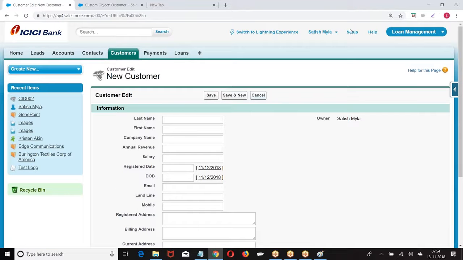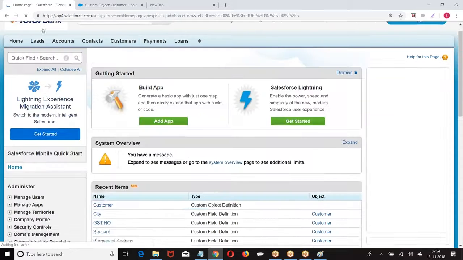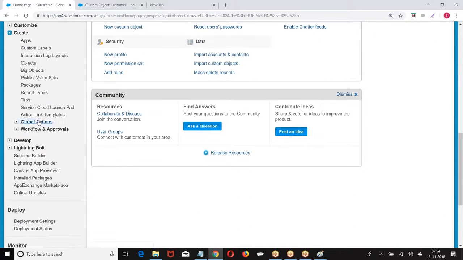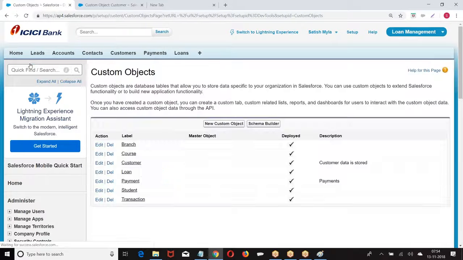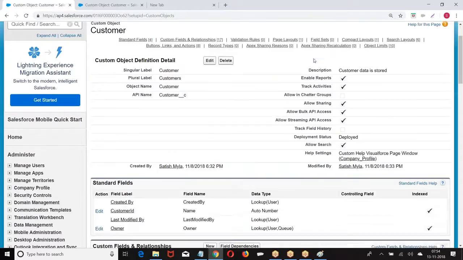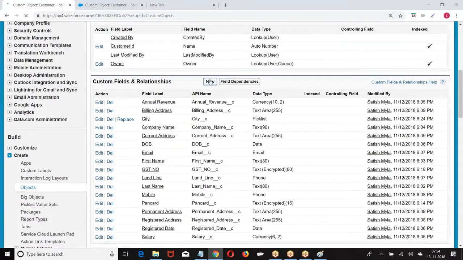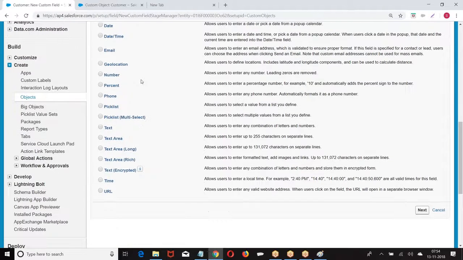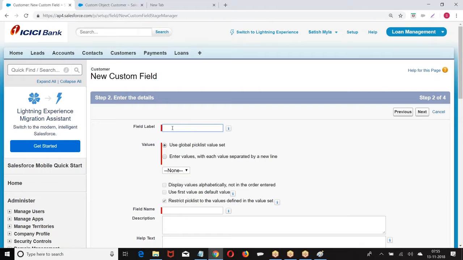Again, I am creating one more. What is the option we have? Setup, build, create, objects, customer, new field. What is the option we had here? We have pick list, next, places.